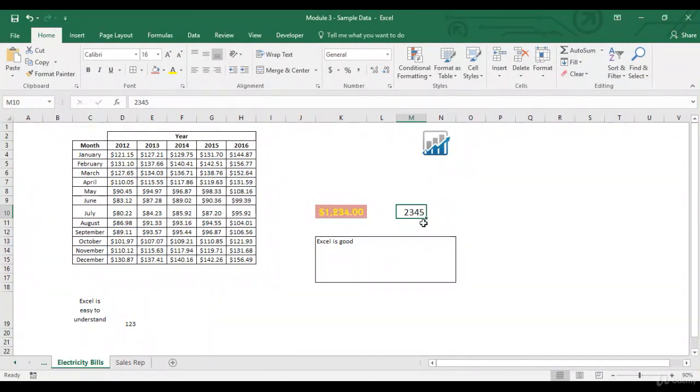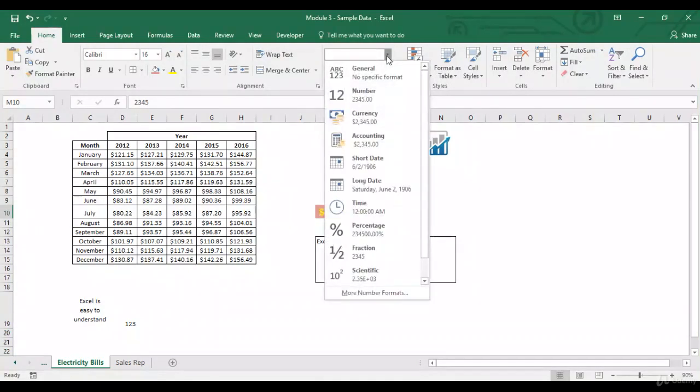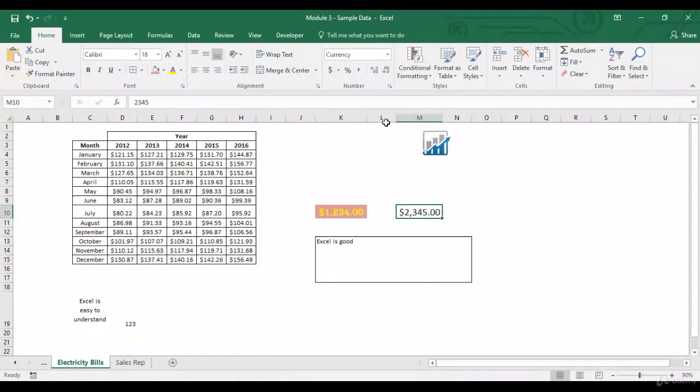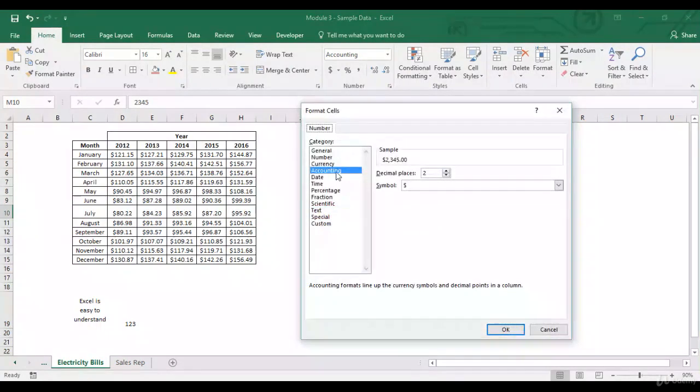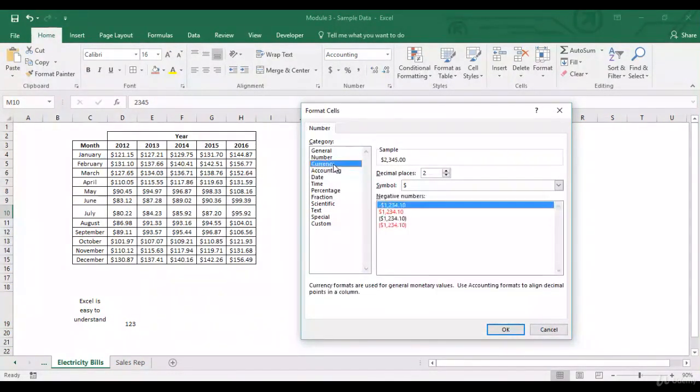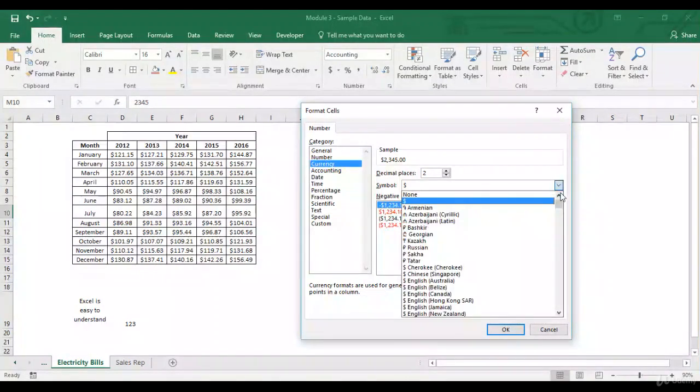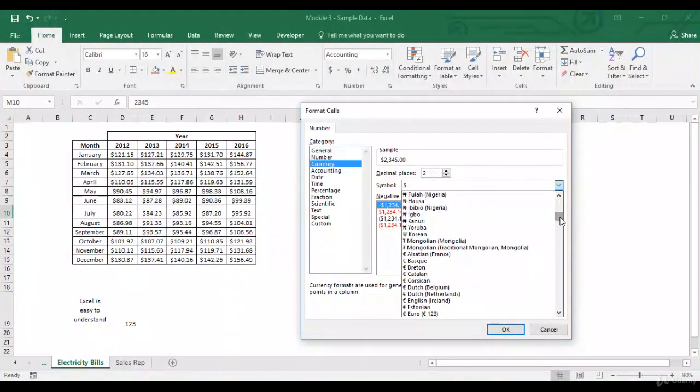Now I've got this number over here, 2345, and I want to change it to a currency format. So I'll go over here, I'll click on the drop down and I've got these different options which I can use. Let's select the currency one. So it automatically puts a dollar sign and adds two decimals at the back of it. If I want to have a pound sign instead of a dollar sign, I'll go over here and I'll select Pound English. Similarly, you can look at more accounting formats by clicking on accounting, or you can click on currency also, and then you can go through all these different formats.